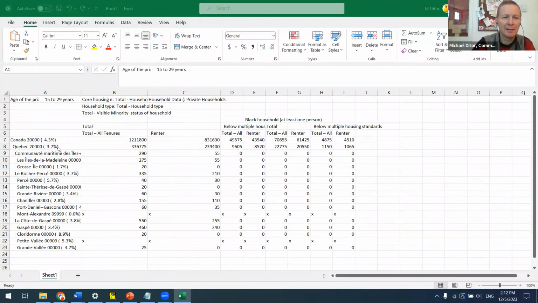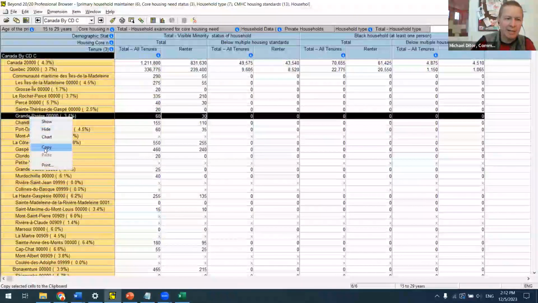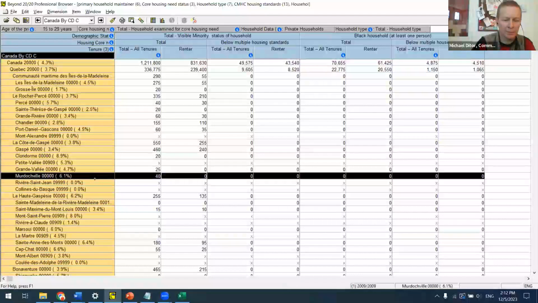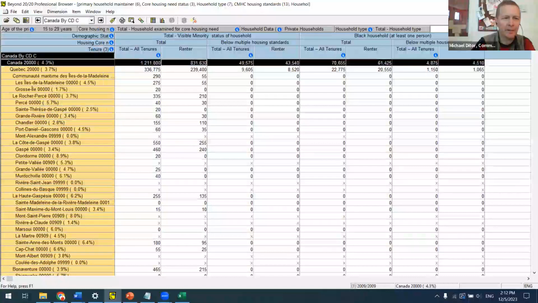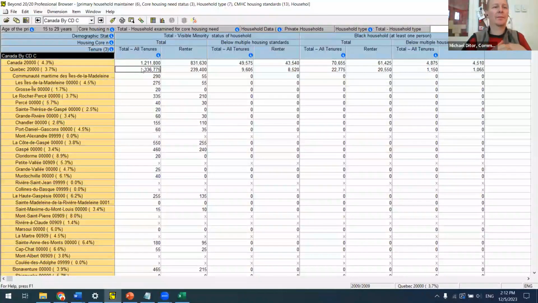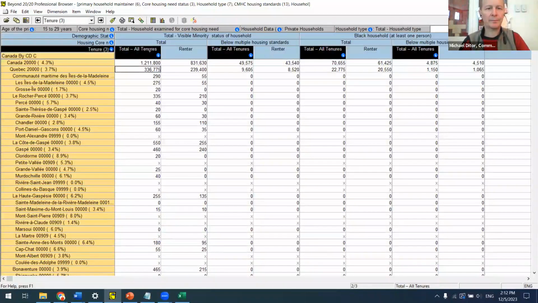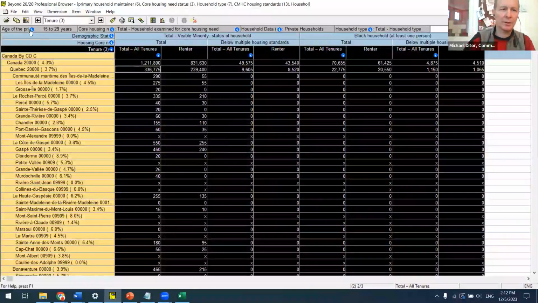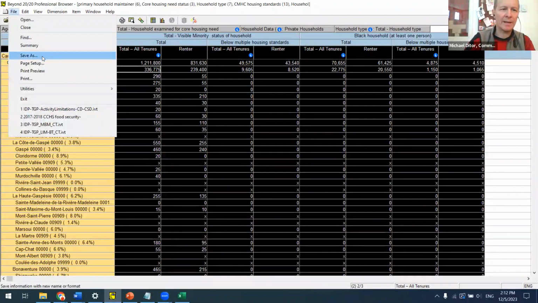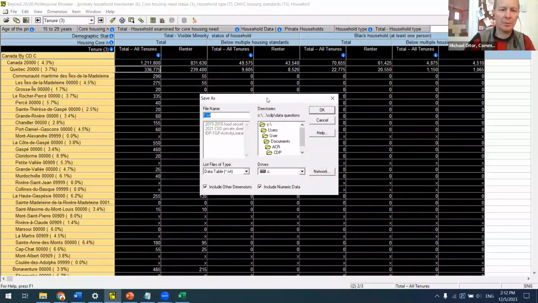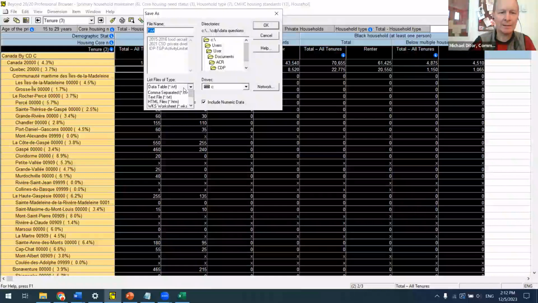But let's say we had to, I'm going to show all the values now. If we were wanting to get this out and we couldn't just copy because it's a bit too large, then we can save the file as, and again, I would save this as a comma separated file. If you're running into size limits in IVT, it's probably also going to run into size